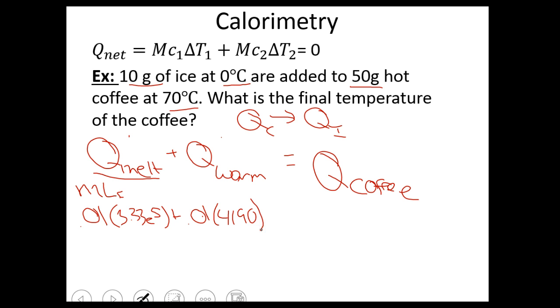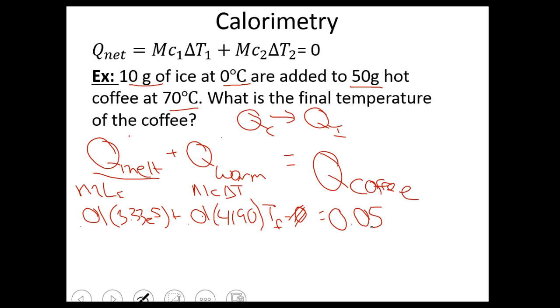And then I know its initial temperature was 0, so for the whole m c delta T part of that equation, it's going to be T final minus 0, which is really just T final, right? And then that's going to equal my